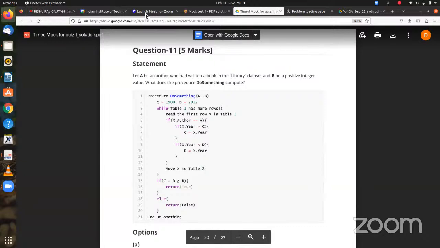मैम 1900 तो पहले आ गया ना, 2200 से तो पहले उसने बुक लिखी होगी ना, तभी तो C वाली सबसे नई बुक है उनकी और D वाली सबसे पुरानी बुक है। लॉजिकली, इन माय लॉजिक, इट शुड बी ऑपोजिट। तो वही मेरे को इशू था कि ये कैसे किया। देखिए ना, C जो है वो 1900 से स्टार्ट हो रहा है, और फिर हम हर बार जब ईयर C से बड़ा हो रहा है तब हम C को अपडेट कर रहे हैं, तो अल्टीमेटली C में सबसे बड़ा ईयर स्टोर हो जाएगा, तो सबसे बड़ा मतलब सबसे लेटेस्ट ईयर हो गया ना, और फिर D में